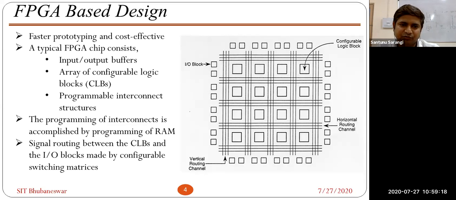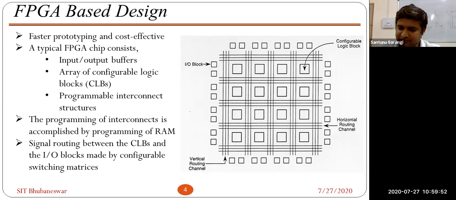And programmable interconnect structures, all the vertical and horizontal wires are there. So it will connect to the designated blocks or gates through those wires, and we will give the commands to this input and output, and that will be stored in the RAM. That RAM output will be connected to the gate through this interconnect wire. So this is the way people have designed and used the FPGA.